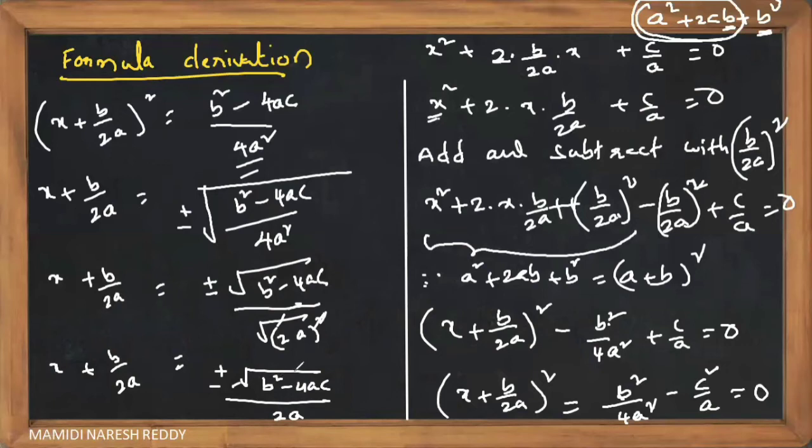Right. Now children, you can ask me, sir, here is a square. Can we cancel this square and square root? No, sir, we can't cancel. Why? Because there is a minus, and also the square root is a common property of b square and 4ac. In products, if it is a multiplication symbol, it is possible. But even then, children, we need to distribute the square to the two terms. But whenever there is plus and minus, children, we don't have the right to distribute the square to each and every term. You get it, children?